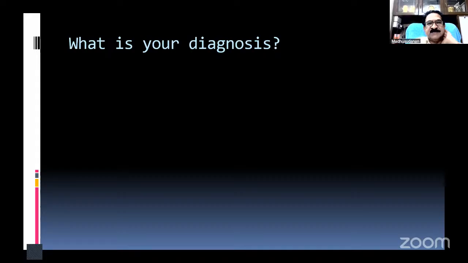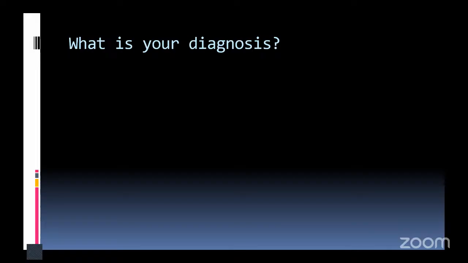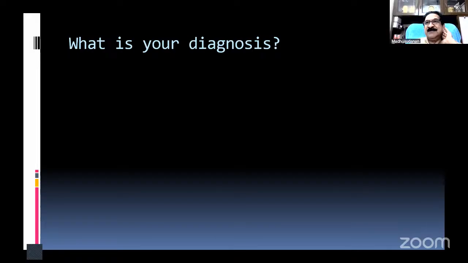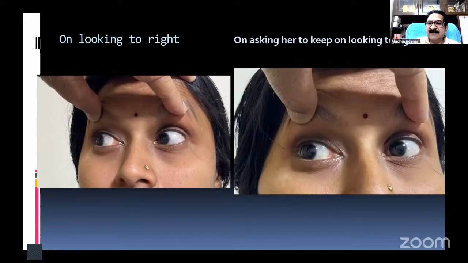Okay, let us see this. Is there any fatigability, sir? Now I'll come to that, because that's the question I had. This is the exact thing I wanted to show you. See, immediately on looking to the right side, it appeared almost no disconjugation. But keeping on looking like this is what I observed. Mild fatigability may be there, because the middle part of the sclera is visible on looking for a prolonged period of time. So that's the thing I had.